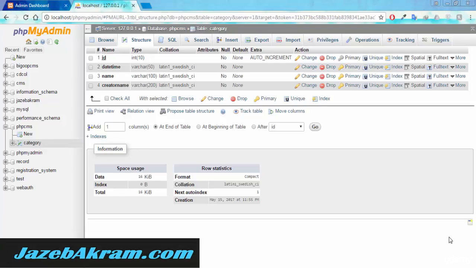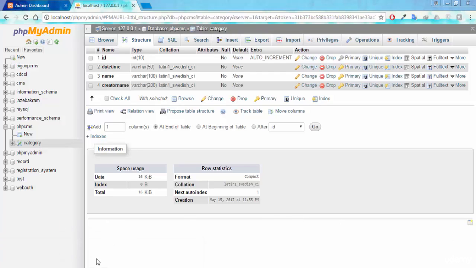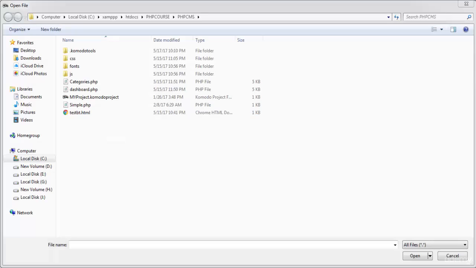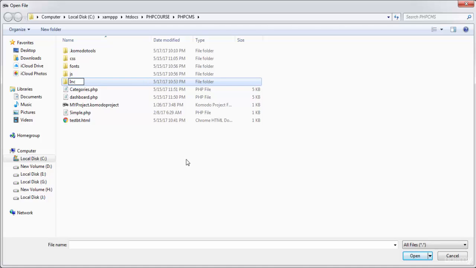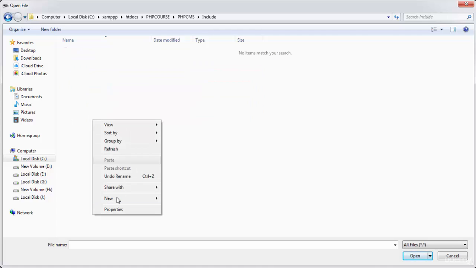So we made our database of PHP CMS in which we created one table so far of category. So in this lecture, we are going to establish the connection to this database of PHP CMS. So in the same folder of PHP CMS that is inside my folder of PHP course, I'm going to create here a new folder with the name of include, and in this folder I'm going to create new file